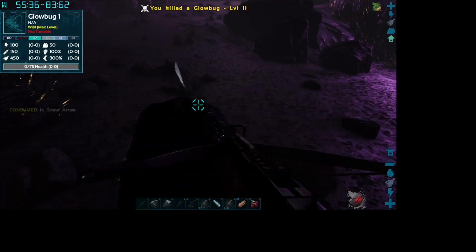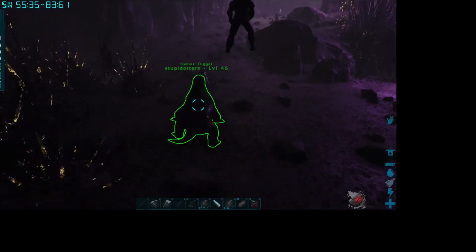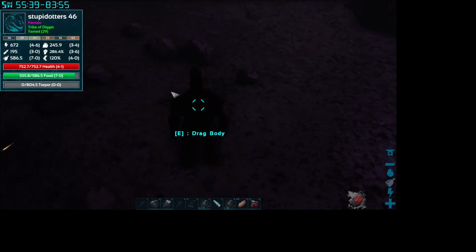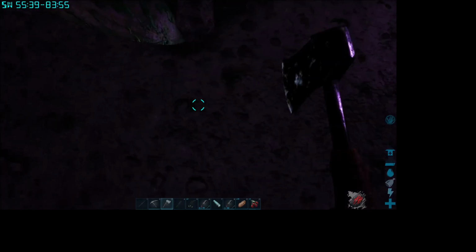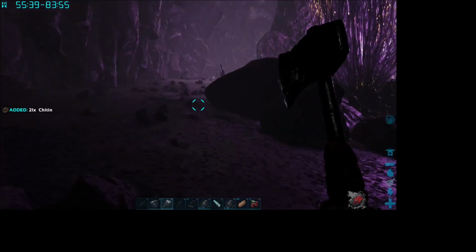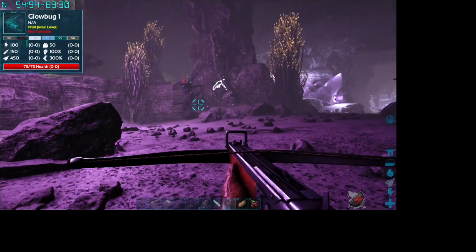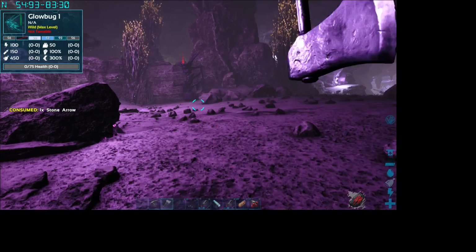There's not quite enough of them to get what I need, but it's a really good start, and it gives me an excuse to get in here and explore this aberration cave just a little bit. So I managed to get, if I can get my hatchet lined up, yeah. I managed to get a few glow bugs in here. Not quite enough,